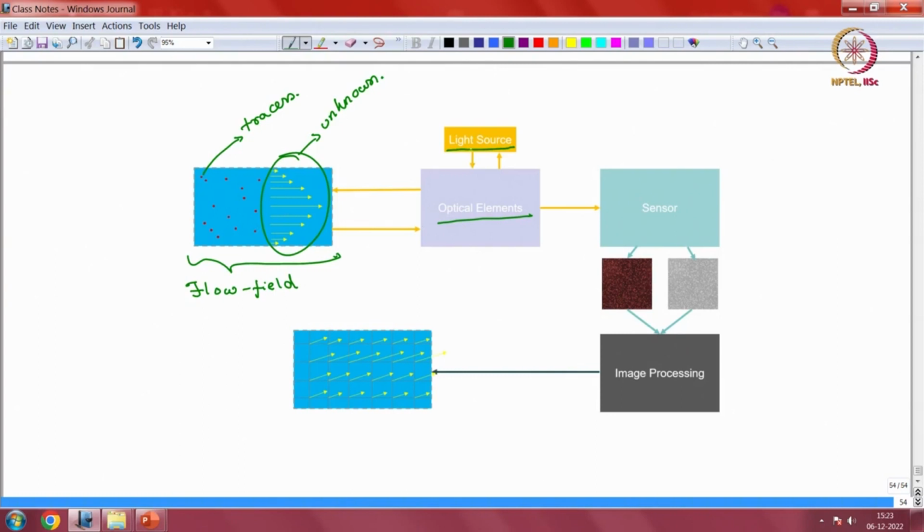Okay. So, this light comes and it interacts with my tracer particles, and then the light goes back from the optical element, and then this light goes to the sensor. Okay. Once it goes to the sensor, which is usually a camera, right, we have discussed this before, and the camera